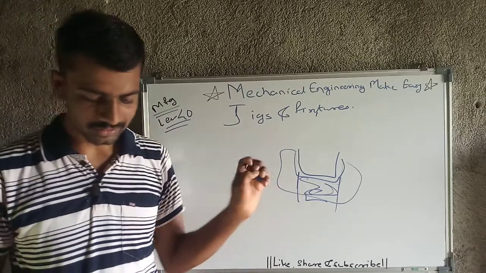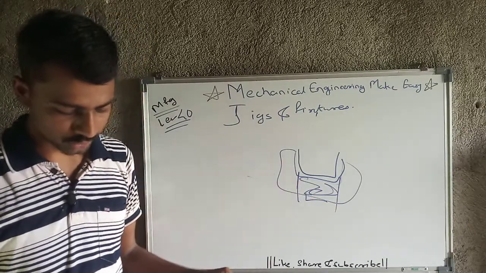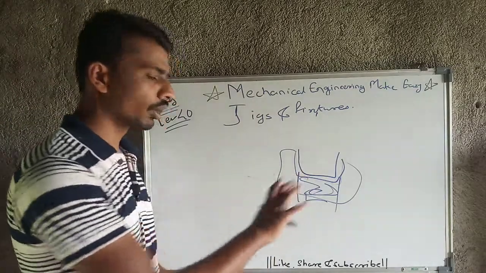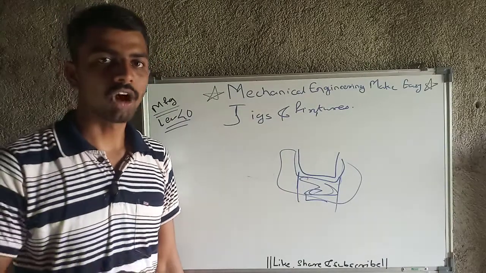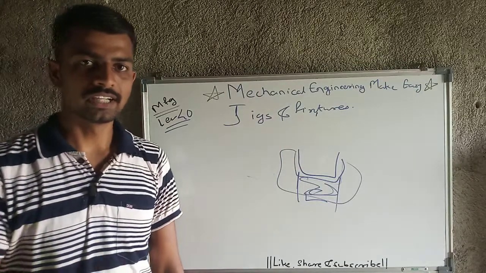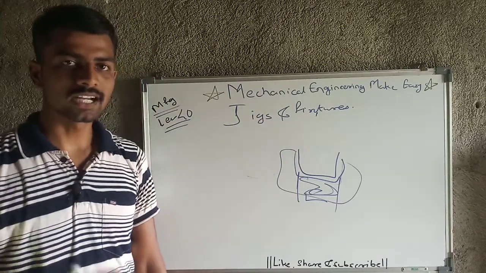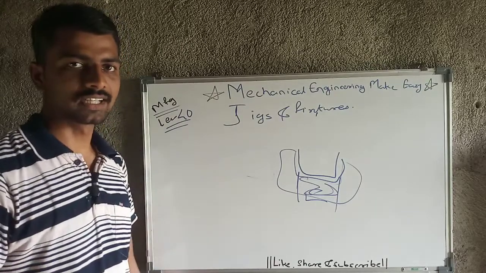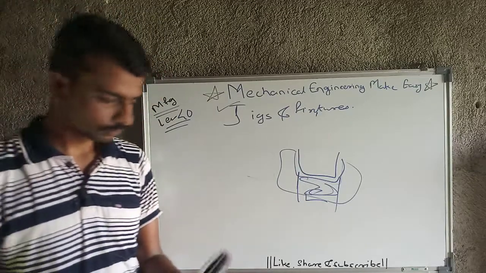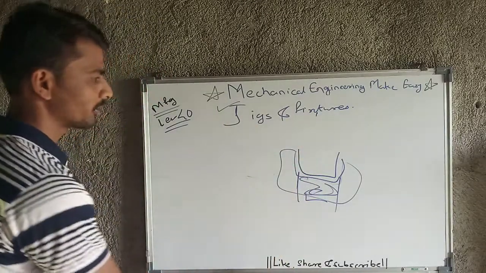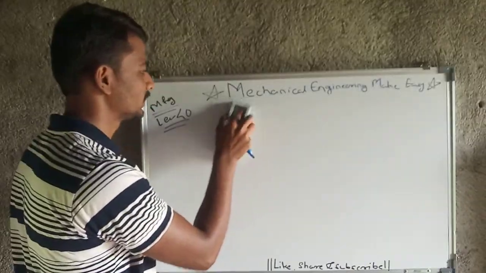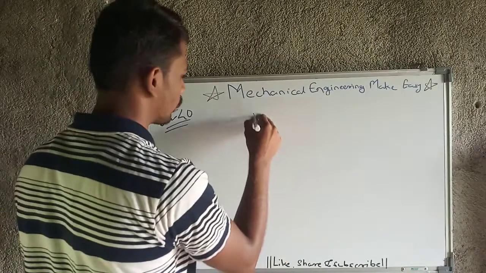Then next is rigidity and stability. I have explained that earlier also. Then economic consideration. In the previous case, we needed to do all the manual operations. In that case, the operating cost increases. Here, while designing jigs and fixtures, we need to invest some starting cost, but after that the operational cost will decrease and the production rate will increase. So ultimately, finally we will get the profit from that. These are the basic points of jigs and fixtures, and from the next lecture I will come up with some in-depth coverage of jigs and fixtures. But before that, a bonus point for today's lecture.